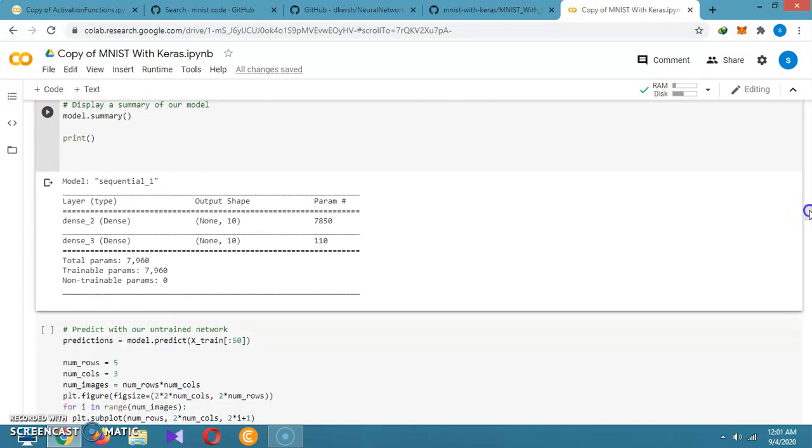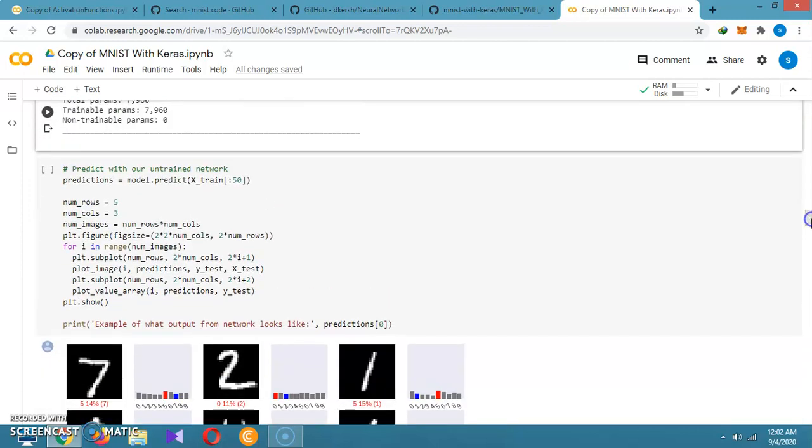It is 784 inputs times 10, which is 7840, plus 10 for the biases. And for the next layer, 10 times 10 is 100 plus 10, which is 110. The total parameters is the total sum, and it is giving 7960.